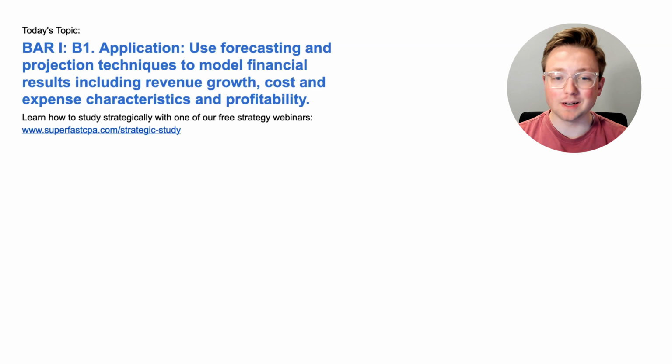This is section B1. This is an application topic. Use forecasting and projection techniques to model financial results, including revenue growth, cost and expense characteristics, and profitability. And we're going to be doing that the SuperfastCPA way, which is diving straight into the questions to learn the